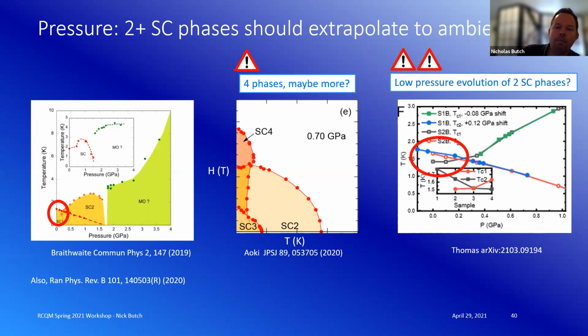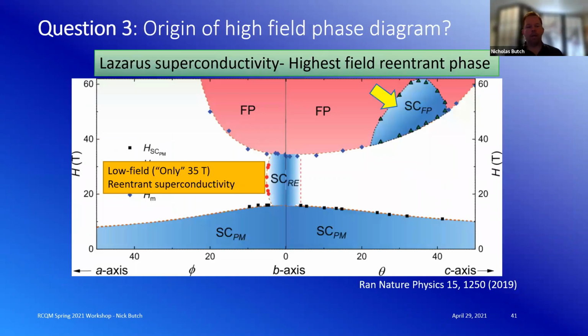And in the rightmost panel, this is data from the Los Alamos group, it looks like it really does extrapolate back, but this is, you know, an open question again. So especially for the groups that only see one superconducting transition at ambient, how does this connect to their data under pressure? All right, and with the time remaining, I'm going to turn to the last question, question 3.